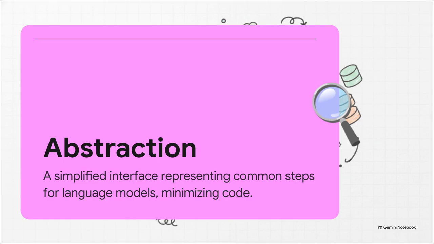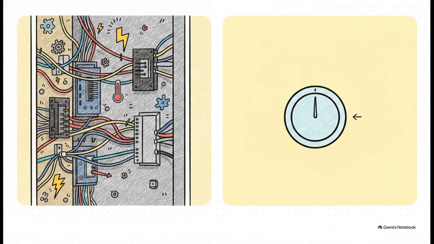All you really need is your API key, and these abstractions massively minimize the sheer amount of code required to execute complex tasks. Think about the thermostat in your home. It lets you comfortably control the temperature without needing to understand or mess with all the complex electrical circuitry hidden behind your walls, right? You just turn the dial and set the temperature. That is an abstraction. Using LangChain is exactly like just setting your thermostat. You don't need to rewire your whole software house just to swap out an AI model or tweak a prompt.